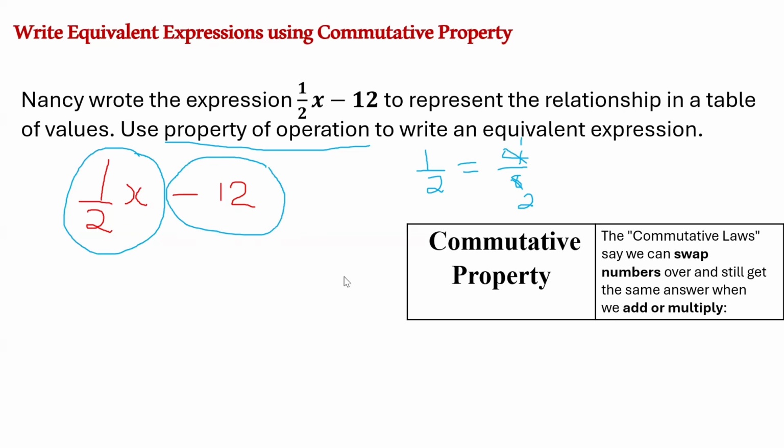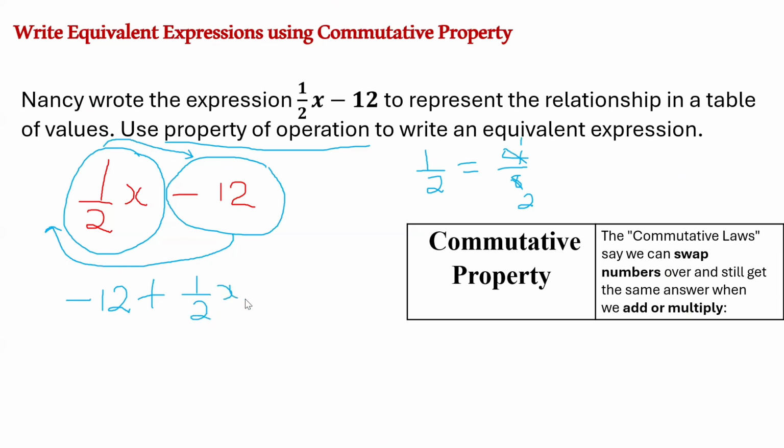All right. So as we said, we are going to use commutative property and it means to move around or swap. So I'm going to write my minus 12 where I have my positive 1/2 x. So it's going to be minus 12, which is negative 12. Then I am going to swap or write my positive 1/2 x where I have my minus 12. So it's going to be plus. This is how we represent positive here, because remember, we need to separate this term. So we use plus 1/2